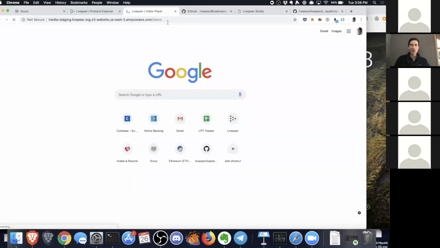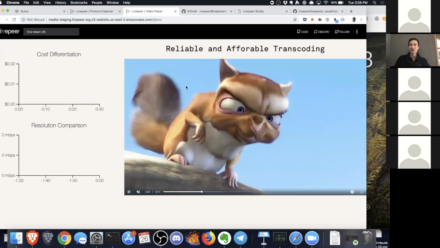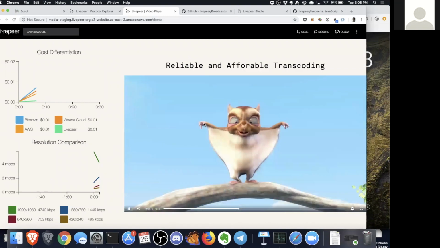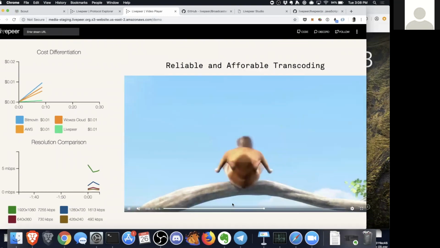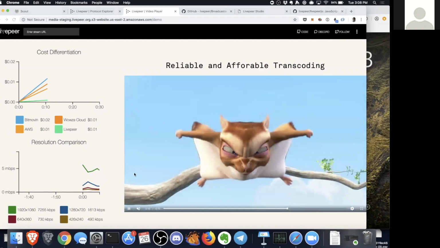This is always risky, doing a demo of video while there's a video chat going on, because it takes so much bandwidth. But what you see here is a particular stream of video being pushed through the Livepeer network.